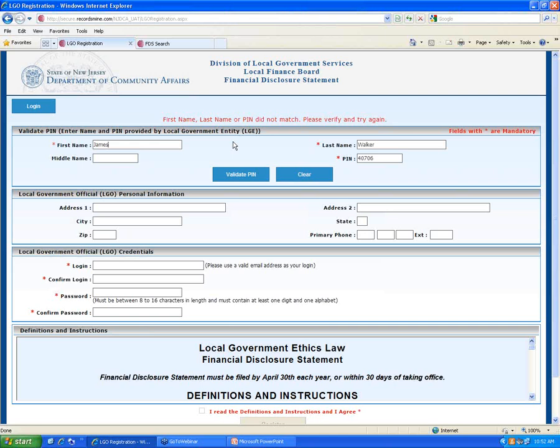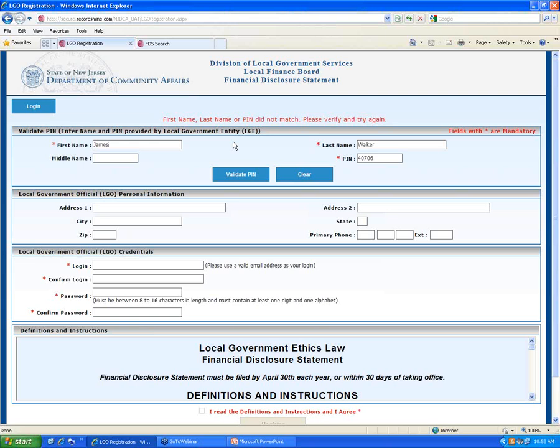Now, we did have a question that came up yesterday and the day before: what if, for example, you have an engineering firm that has contracts with multiple towns, and you're putting that engineer's name in? Does everybody have to coordinate the exact name correctly? No, they don't have to.